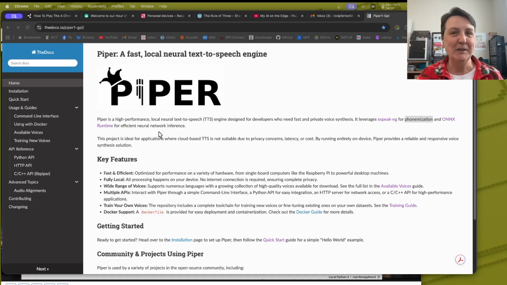So those are two more things I don't know anything about, and so I did click on them a little bit, but I definitely will spend some more time learning what they are and how they're leveraged in making this model work for us. The other thing I found as I started Googling to figure out what Piper was,